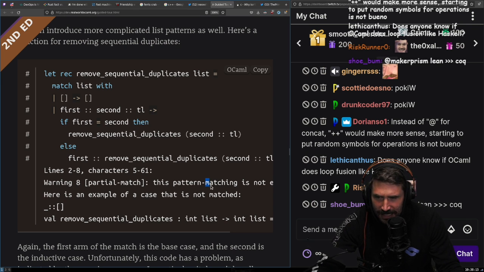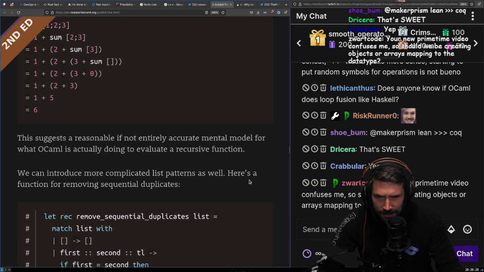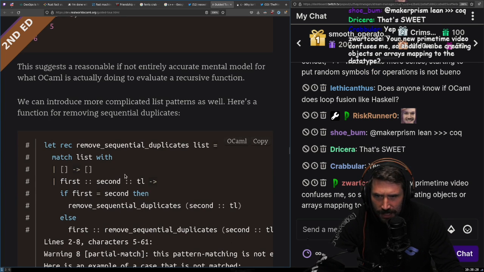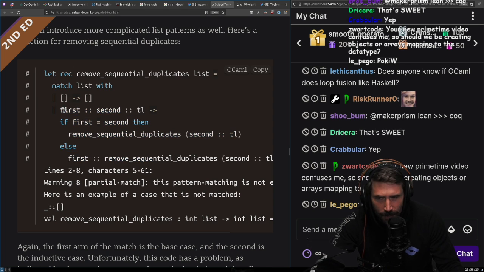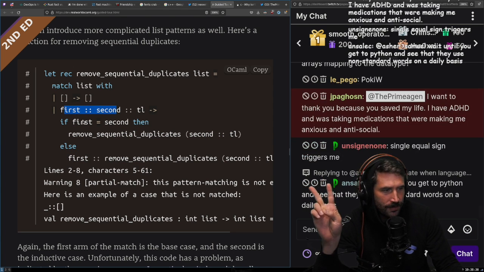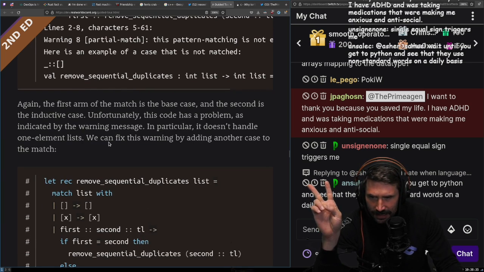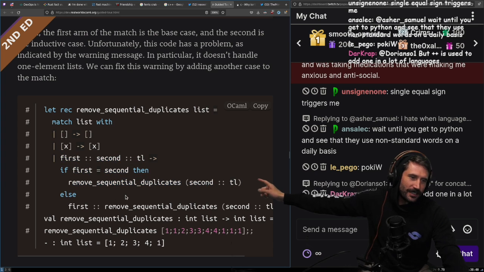We can introduce more complicated list patterns as well. Here's a function removing sequential duplicates. Okay, I think I understand why this doesn't work, which is, what about a list of one? A list of one does not have two individual items in it. So is that the thing? Yeah, there we go. Called it. Not long enough.